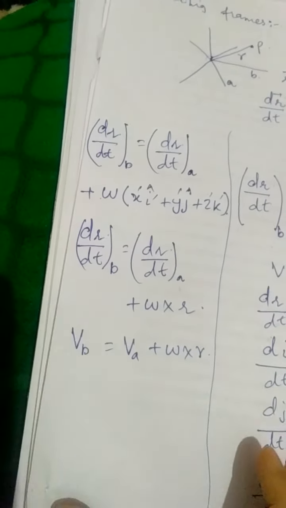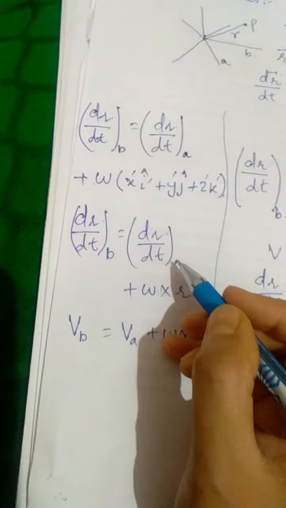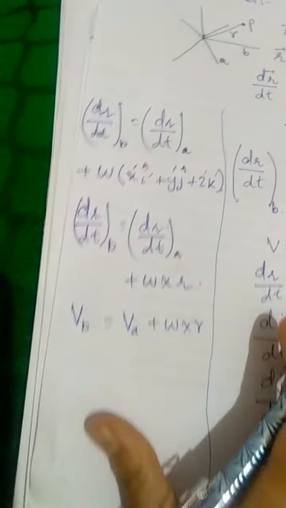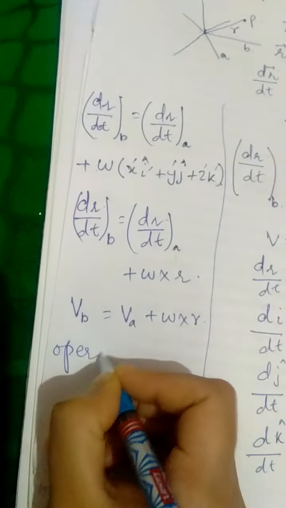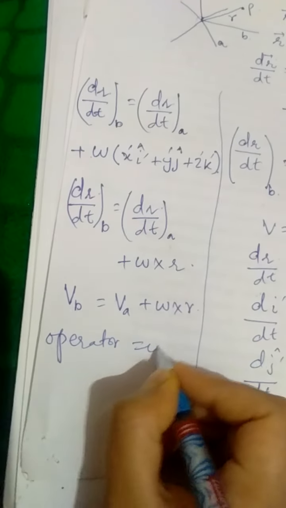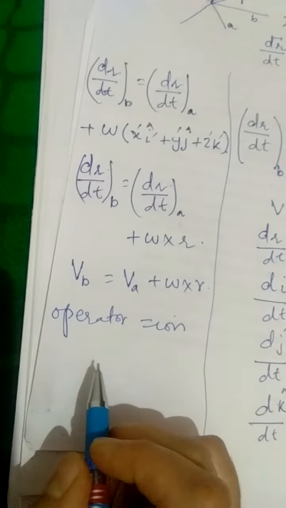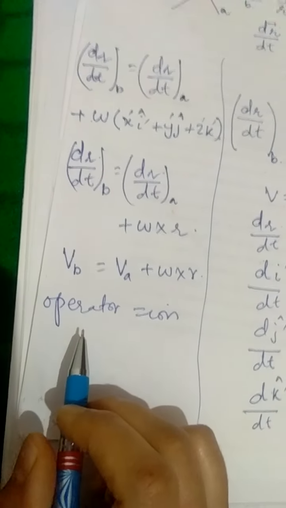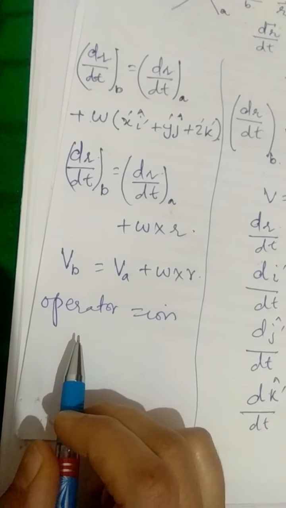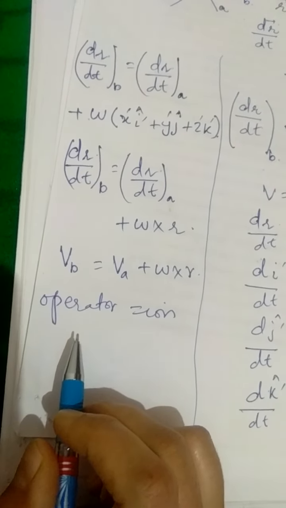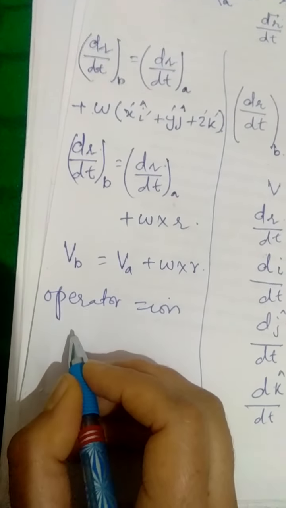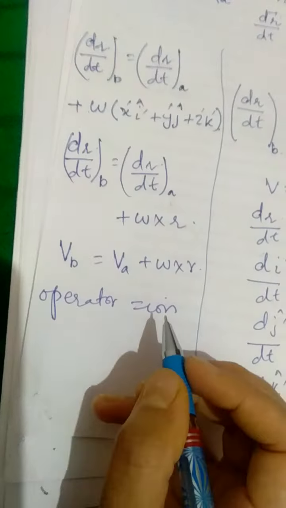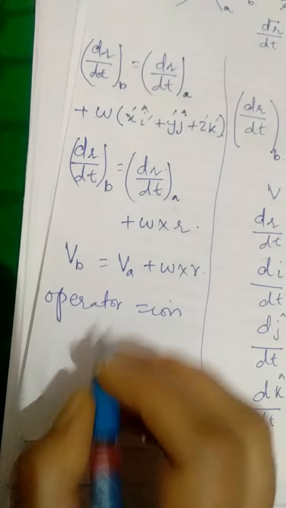Remember this expression. Now from this expression, I can also choose to write it alternately in this way, that this is basically an operator equation. So if you are not aware of operators, please go to a previous video in which I have explained in detail about operators. But for the moment, I need to tell you that operators are simply mathematical tools that operate on a function and change it to some other function.